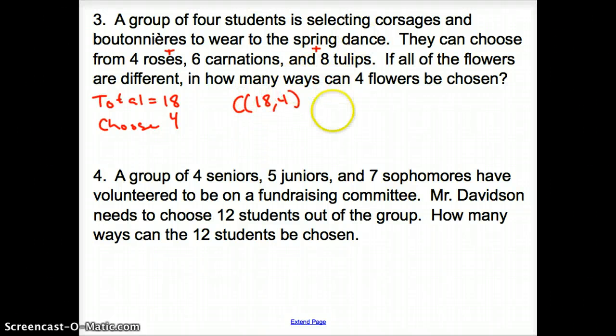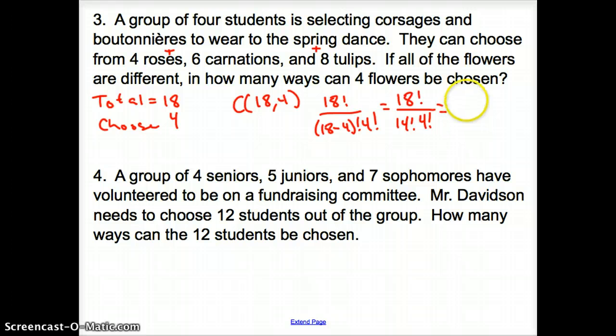If I write it out for you, we have 18 factorial over 18 minus 4 factorial times 4 factorial. Keep going with it. It's 18 factorial over 14 factorial times 4 factorial, giving us a final answer of